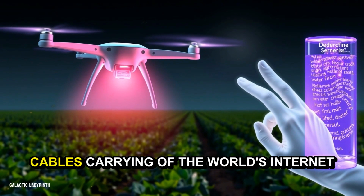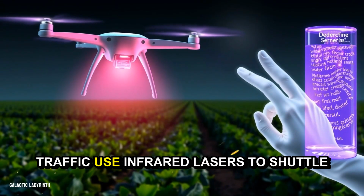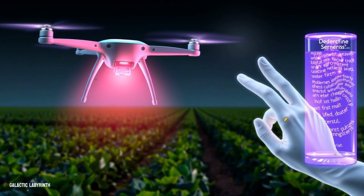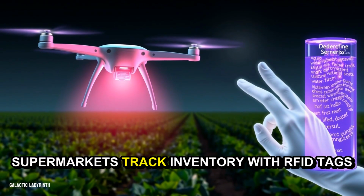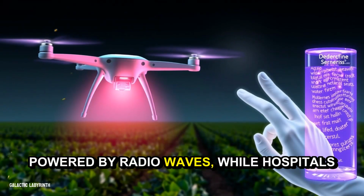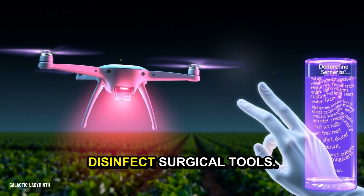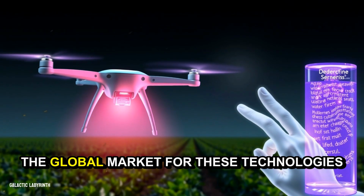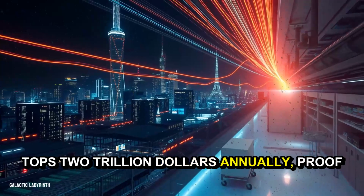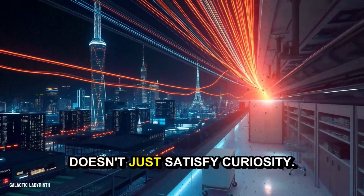Fiber optic cables, carrying 99% of the world's internet traffic, use infrared lasers to shuttle data at light speed. Supermarkets track inventory with RFID tags powered by radio waves, while hospitals rely on gamma-ray sterilizers to disinfect surgical tools. The global market for these technologies tops $2 trillion annually, proof that decoding the universe's hidden light doesn't just satisfy